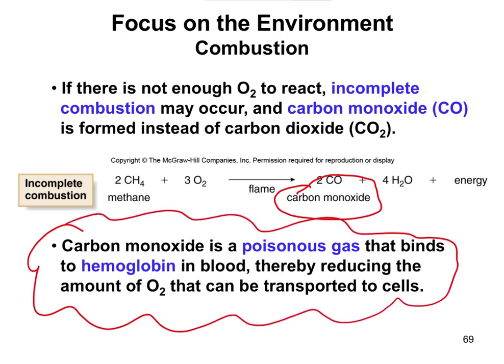It works by binding to hemoglobin, and hemoglobin is important for carrying oxygen around through your blood. We'll actually talk about hemoglobin once we get to the biochemistry part of the course. But carbon monoxide binds to hemoglobin a lot better than regular oxygen does. So carbon monoxide binds, it prevents the oxygen from binding, and that way the hemoglobin carries around carbon monoxide. It doesn't let go of it, and those tissues that are hungry for oxygen end up becoming oxygen starved, and they die, and as a result, you can die, which is why this is a very poisonous gas.